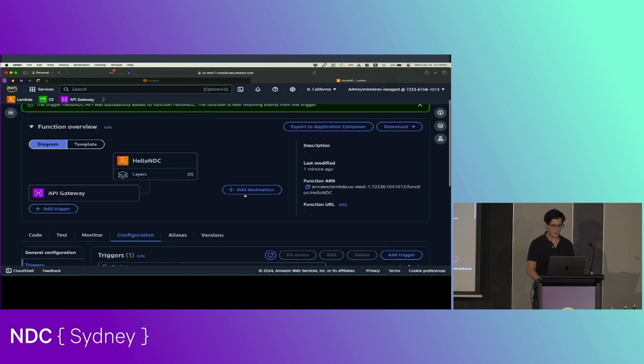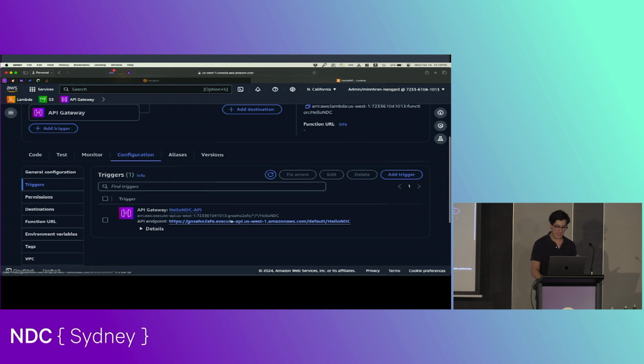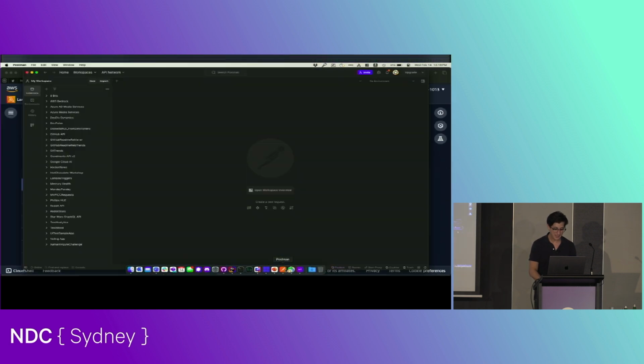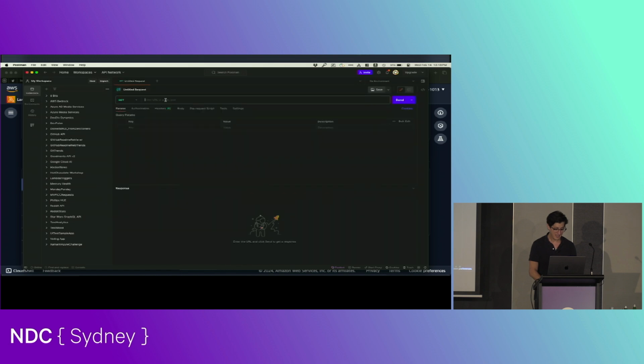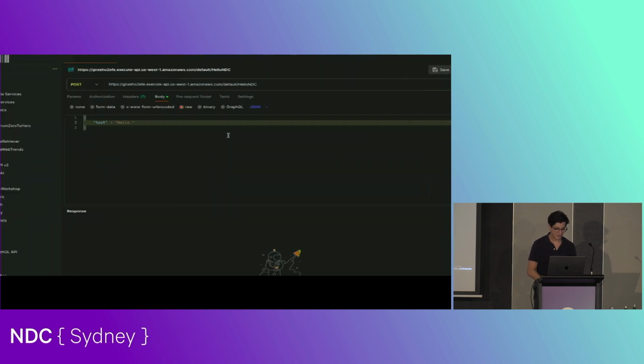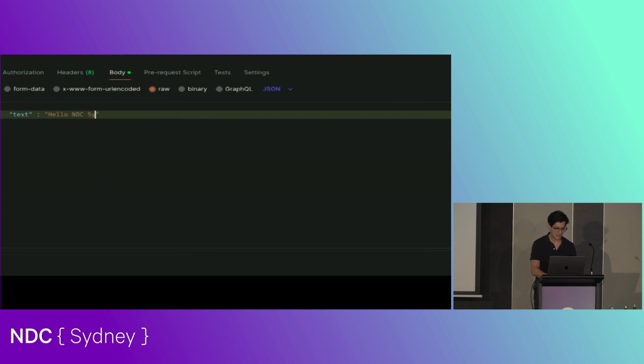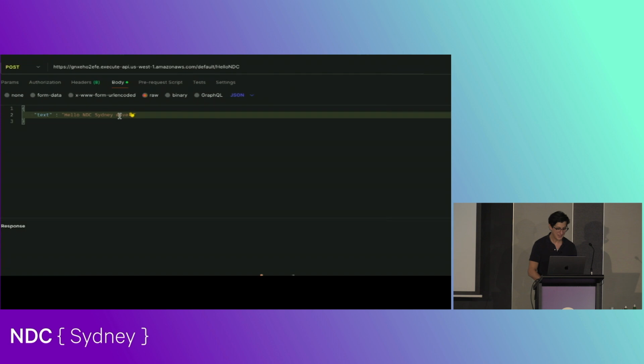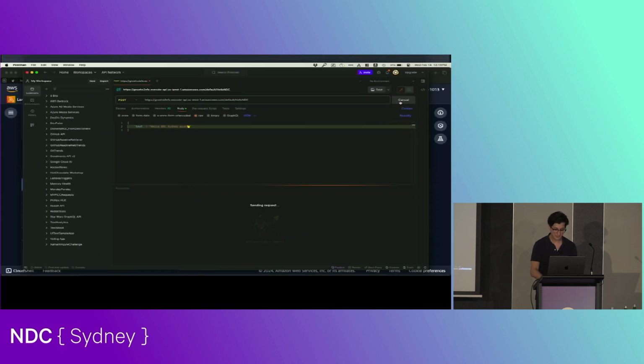And now it's created this API gateway trigger. We have this API endpoint that I can take, I can jump into Postman, and we can start using it. So this is live. I can create a new JSON body where maybe we pass in text and we say hello NDC Sydney, and maybe we'll give a little wave. There we go. And when I click send,